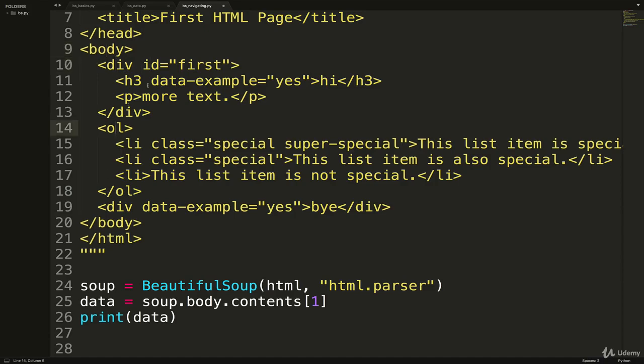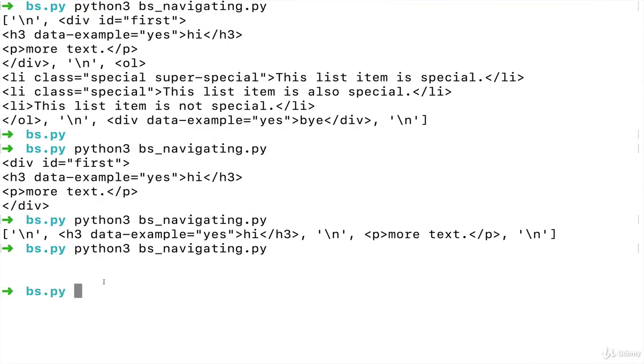They are siblings. And conveniently, we can just call next sibling, which is an attribute. So contents 1 is going to select this div, and then the next sibling is going to be OL. And this takes care of, basically, you don't have to worry about the new lines in the contents. Next sibling will give you the next item that actually isn't empty. So next sibling, if we check it out, gives us nothing, apparently.